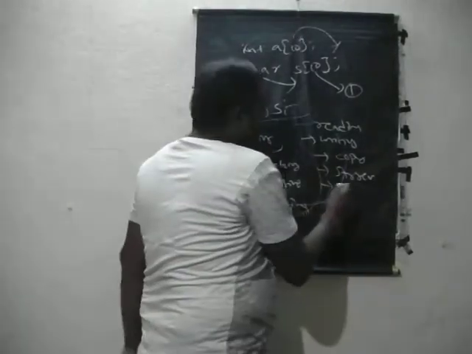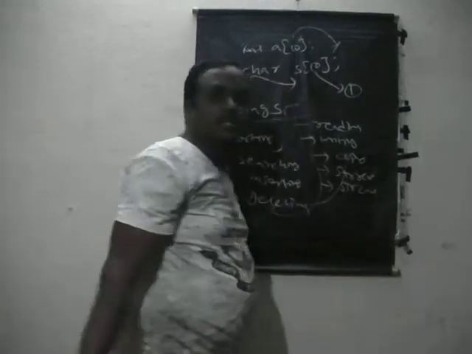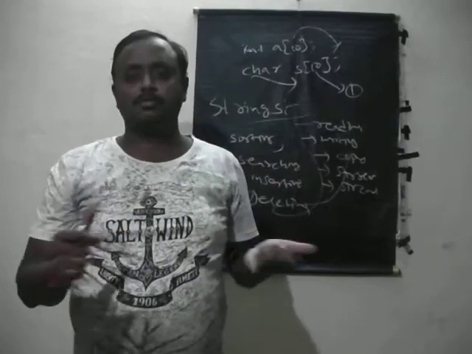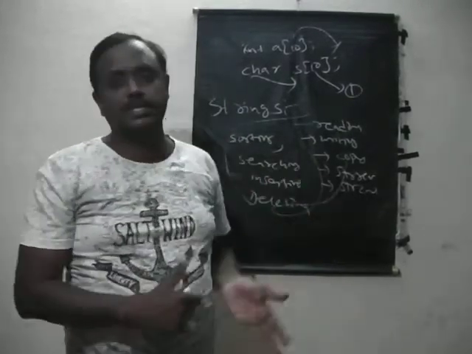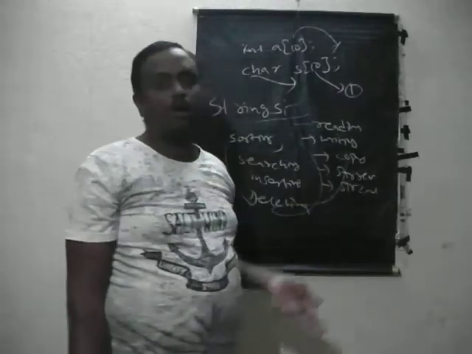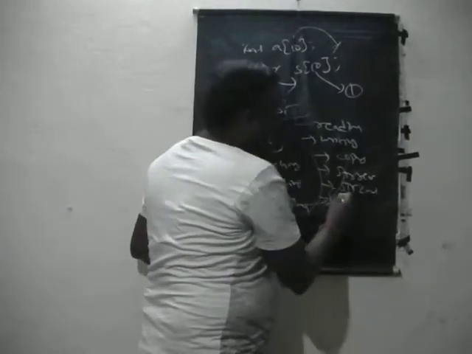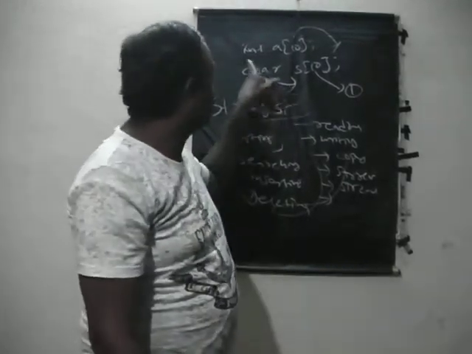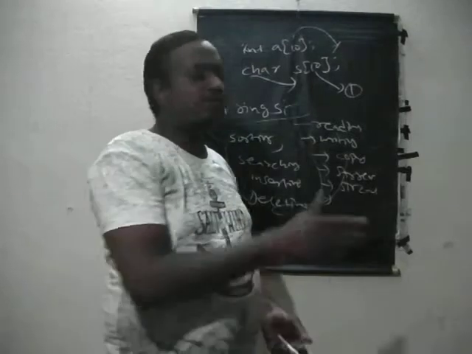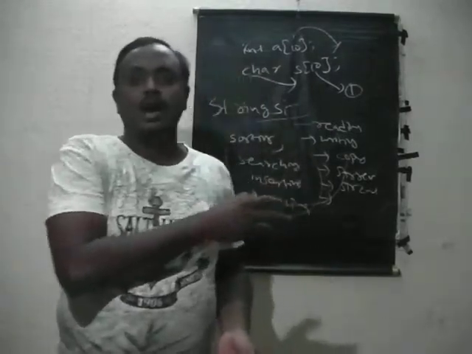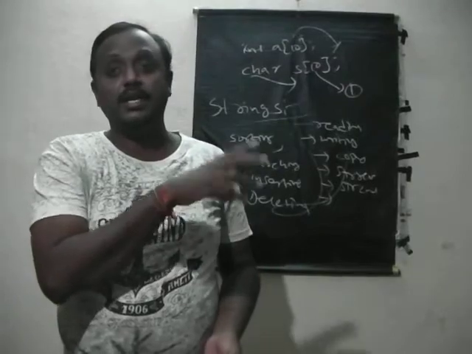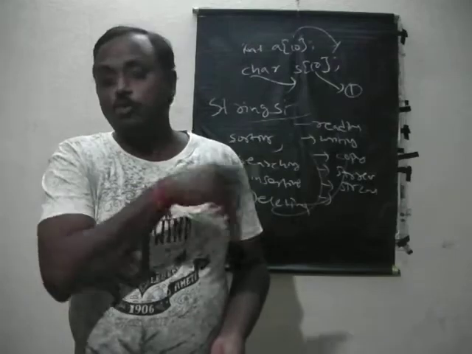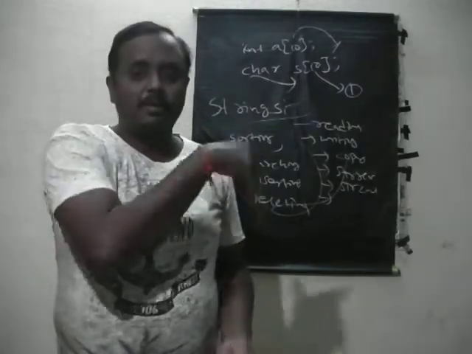Then string concatenation. What do you mean by concatenation here? Concatenation is nothing but clubbing of two strings, simply adding up two strings into one. So concatenation, reverse, copying, then substring, checking whether one string is in another or not. These are the types of manipulations we expect on strings. Before starting the operations, first of all we see how to declare the string, what format specifier to use in the scanf statement, and how to print. Then we go for the remaining operations on strings.